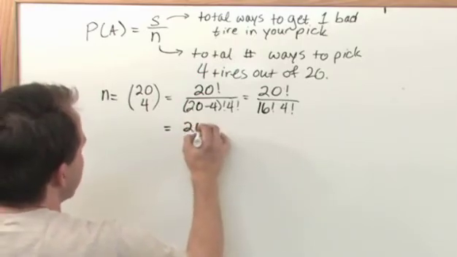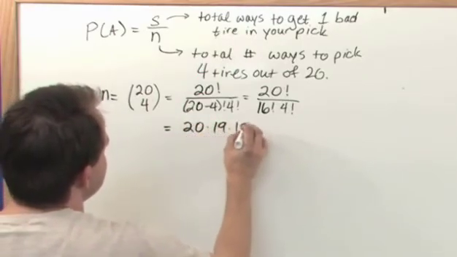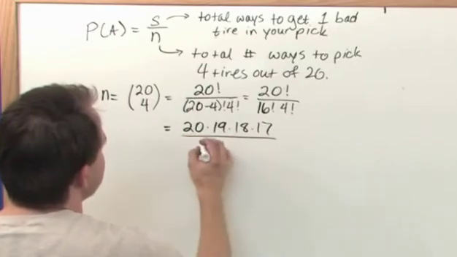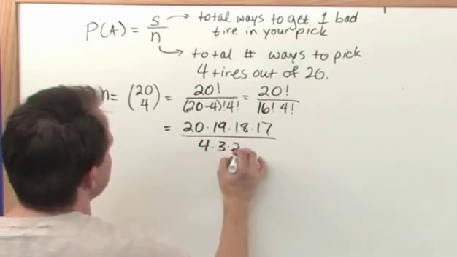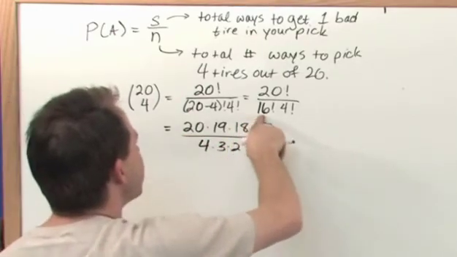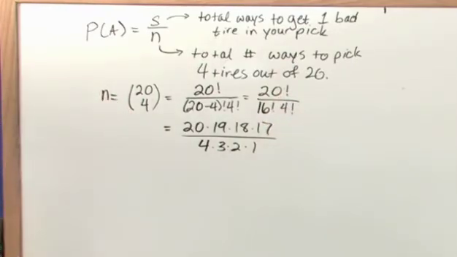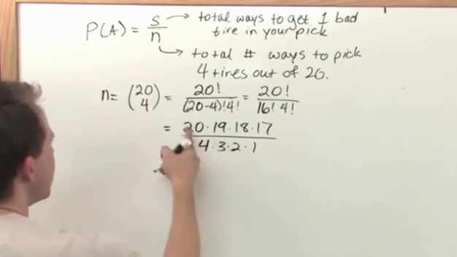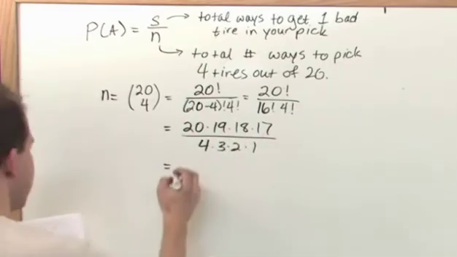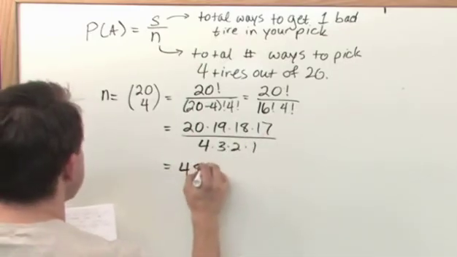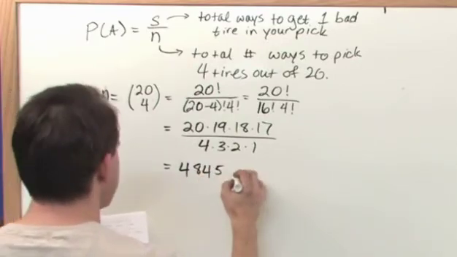On the top I'm going to have 20 times 19 times 18 times 17. On the bottom I'm going to have 4 times 3 times 2 times 1. The 16 factorial disappeared because it canceled with all the other terms after the 17, because they're all multiplied and divided by one another. When you multiply the top and the bottom and do the division, you're going to have 4,845